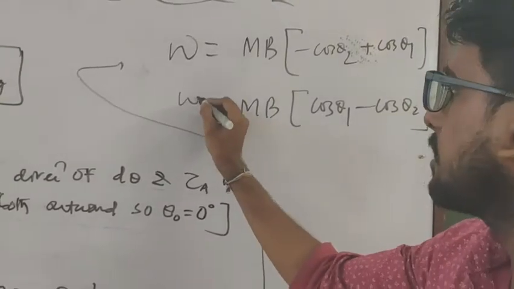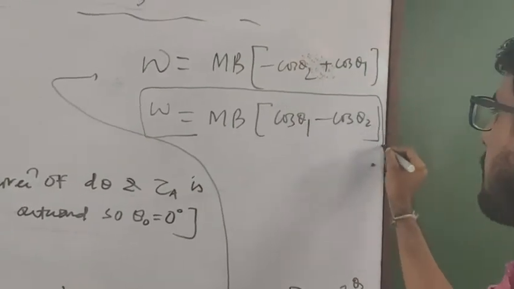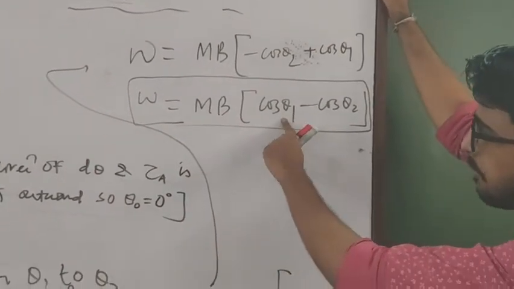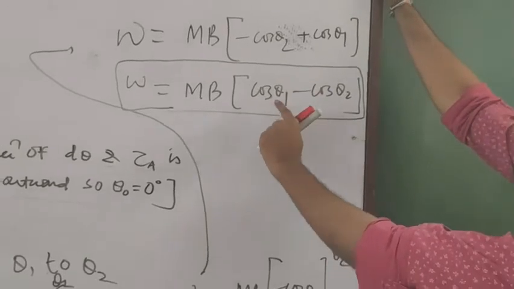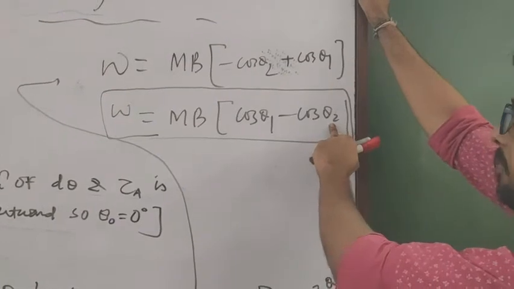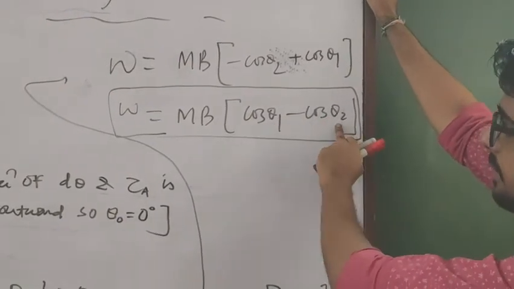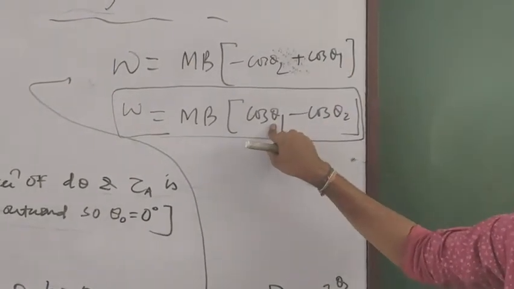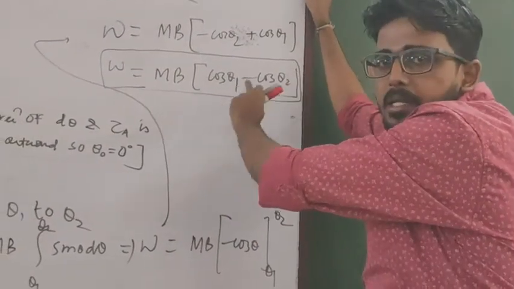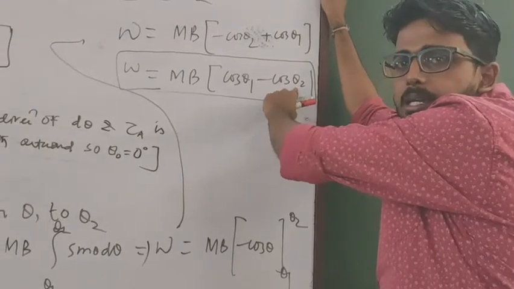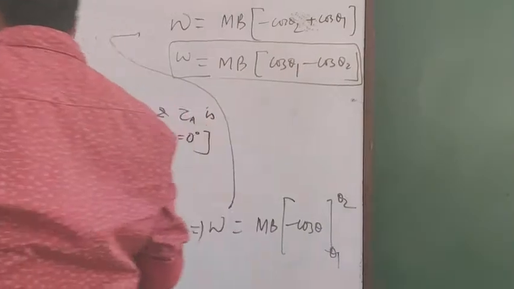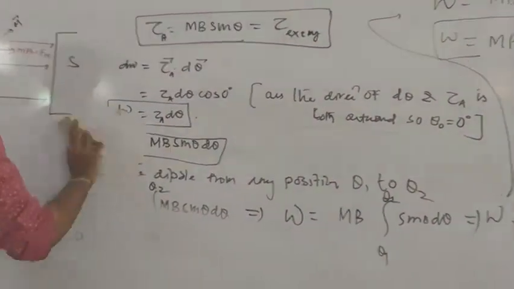So this will be the expression for the total amount of work done by the external agent to rotate the dipole from any initial position. Remember, theta 1 is the initial position from which we want to rotate the dipole to any final position theta 2. And what is theta 1 and theta 2? Initially the angle made by the dipole moment with the external magnetic field. And what is theta 2? The final angle between the magnetic dipole moment and the external magnetic field. Clear? So here we can calculate some special cases.